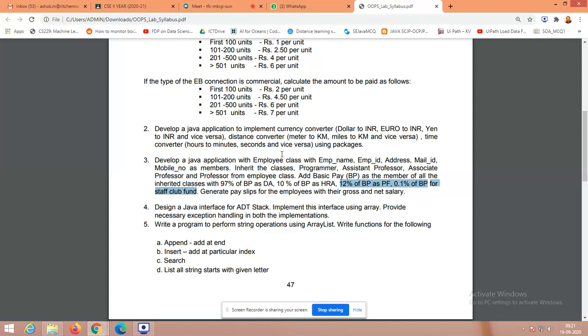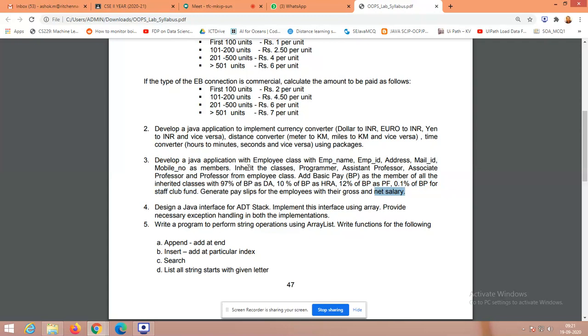Net salary is equal to, you have to add, for example, 1 lakh is the basic salary. In the 1 lakh basic salary, 97 percentage could be your basic pay. Then the component to be extracted is 10 percentage of the basic pay. The component to be extracted from 1 lakh, and those things are to be added. Right. The thing I have blacked out here has to be subtracted. So adding these components and subtracting these components from the corresponding basic pay will give you the net salary. Okay, so that's the way to do this.